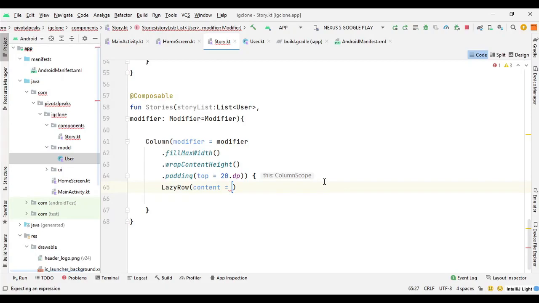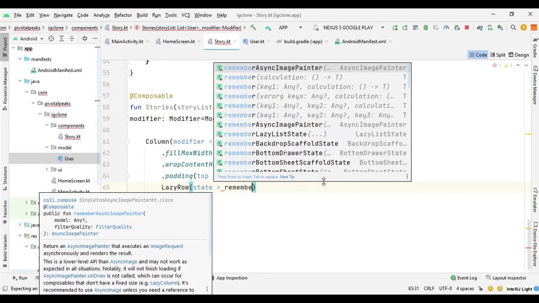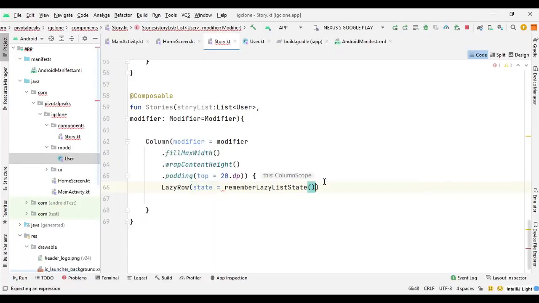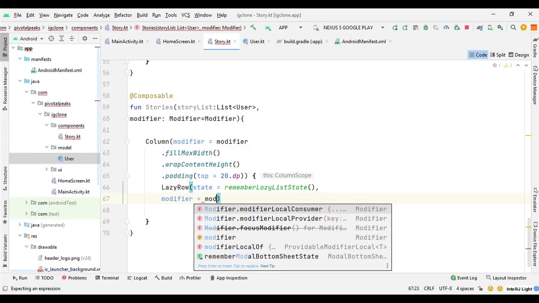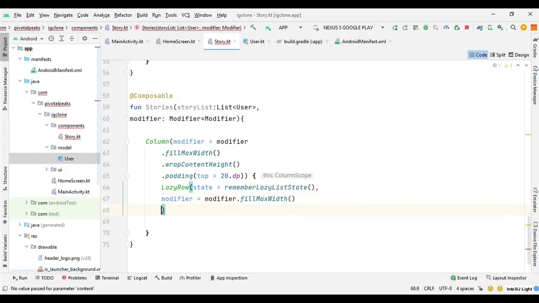So here we will use lazy row because we want it in a horizontal fashion, and it requires a state argument or property. So we can say state, and we can use remember lazy list state. Then we can also give it some properties using modifier. So we will say modifier dot fill max width and dot wrap content height, and we can give it some padding from top.